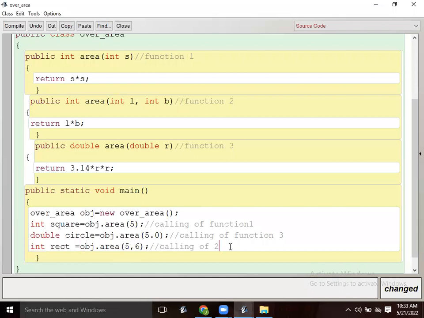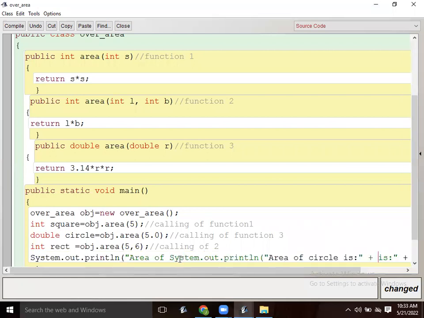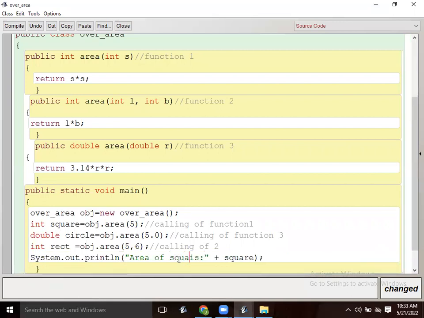नाउ सिस्टम डॉट आउट डॉट, और सिस्टम डॉट आउट में क्या प्रिंट कराएंगे? सिस्टम डॉट आउट में हम कराएंगे एरिया इज। अब एरिया जिसका भी होगा, अब एक स्क्वायर का है तो यहाँ पे स्क्वायर, एरिया ऑफ द स्क्वायर ये रहा। ये जो भी रिटर्न करेगा फंक्शन वो स्क्वायर में है और ये यहाँ पर हम इसको डाल देंगे और यहाँ पे लिख देंगे एरिया ऑफ स्क्वायर इज। स्क्वायर को कॉल कर लिया।